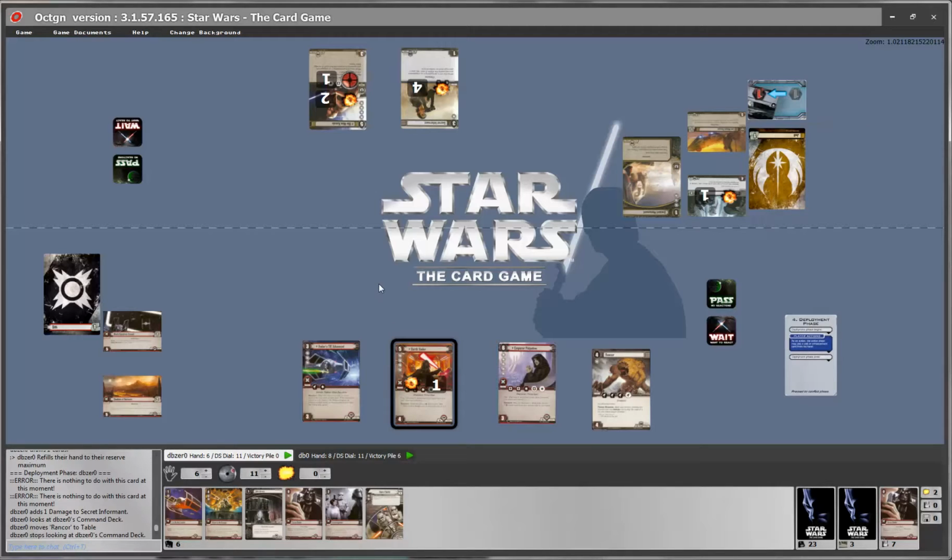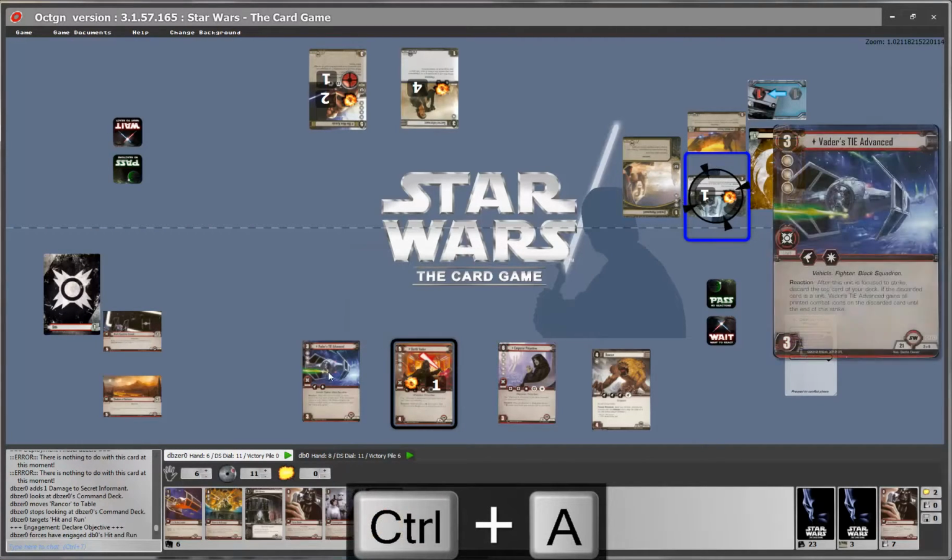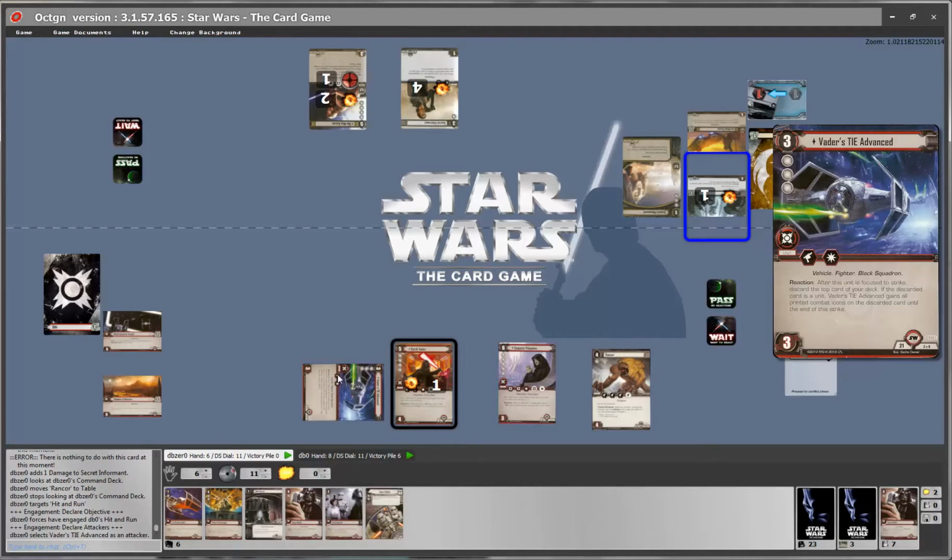Another window where many card effects can happen is during strikes. Let's say that we are in combat and we have sent our Vader's Die Advanced and we're about to strike. We've moved through all the phases and we're down on resolving strikes. So Vader's Die Advanced has an ability that when you focus to strike, you can pick a unit from your deck.